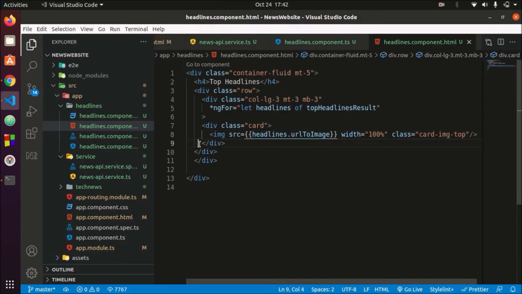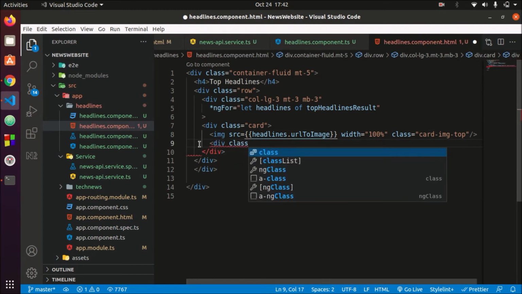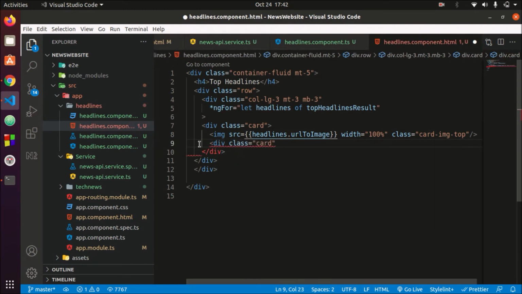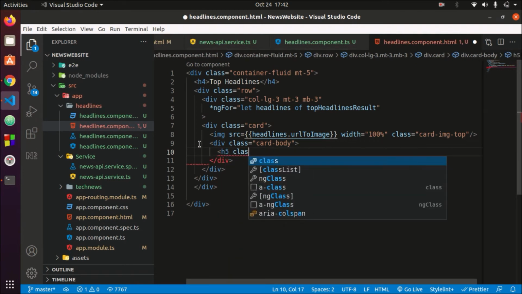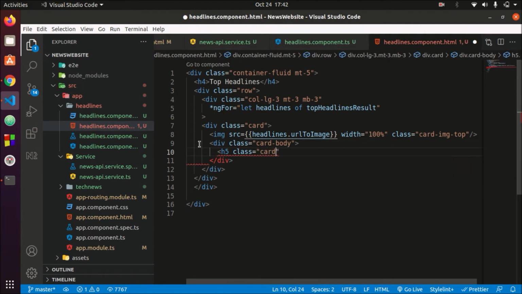Now after getting the image, let's get the titles. So let's create a card body div class card-body. We have created the body. Now let's show the titles, for which I am using h5 and the class is card-title. You can get this code from Bootstrap also.